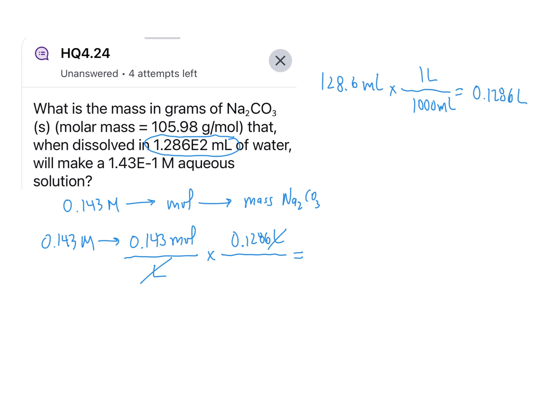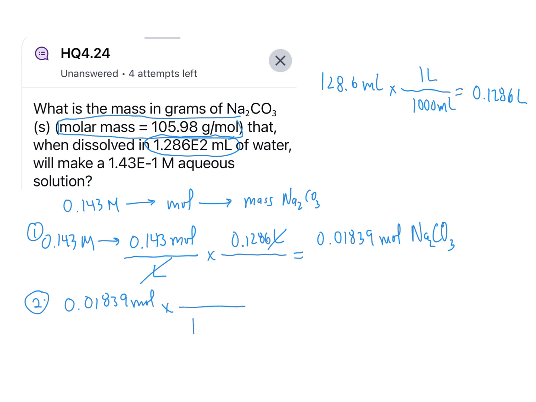So 0.143 times 0.1286, right, I get 0.01839 moles of sodium carbonate. Now that I've got moles of sodium carbonate, I can find the mass of sodium carbonate using the molar mass. Right, so 0.01839 moles, right, the molar mass, and they give us that in the problem,